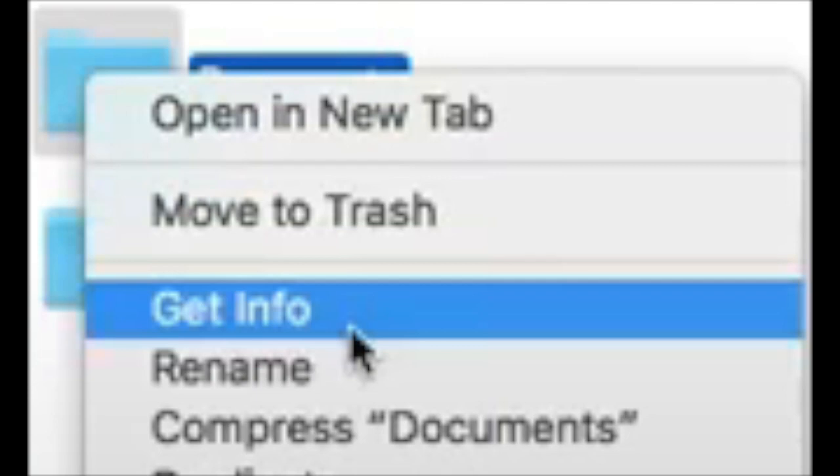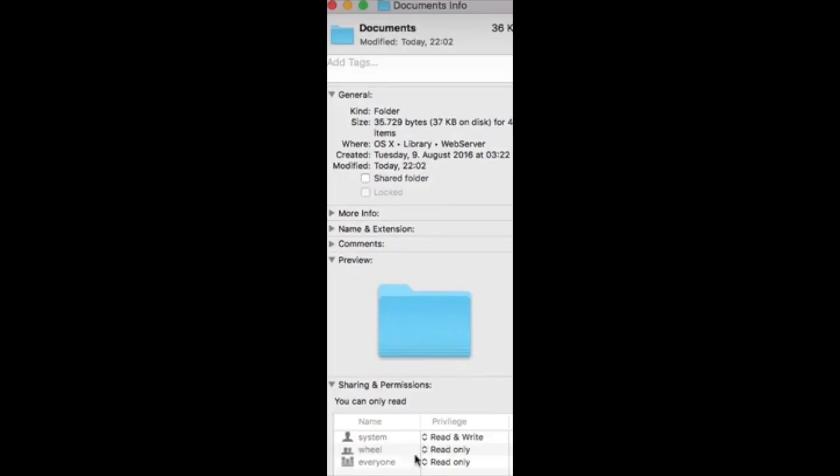So now to the Documents folder, which is by default restricted for normal users, and many people have no idea how to make it modifiable. So we do that now together. In your Finder, go one folder back, right click your Documents folder and choose Get Info. Now expand the Sharing and Permissions section, click on the small lock in the lower right corner and confirm with a password.